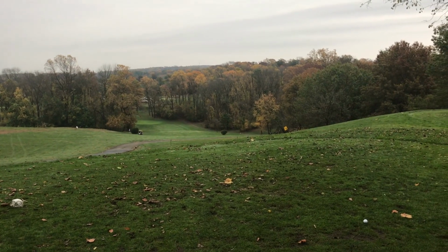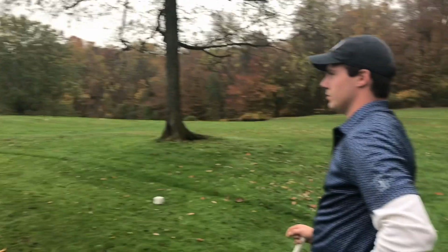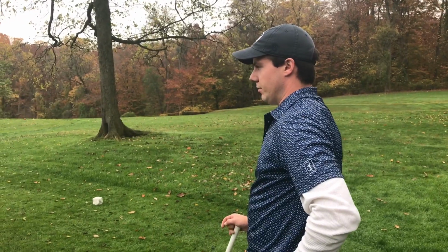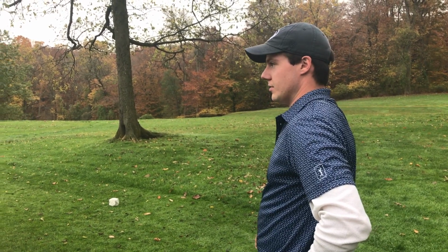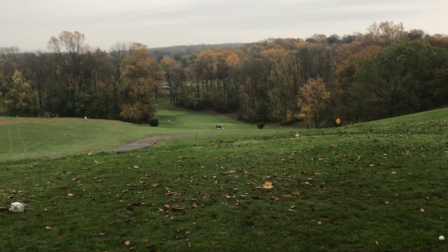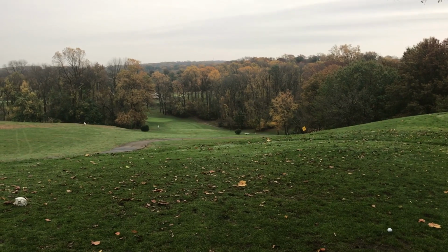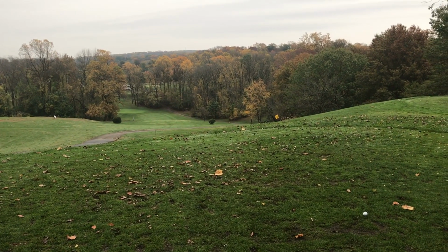Hole 15. There's a little pond down by the left, so taking driver's risky. It's also going to plug on a day like today, where it's really wet. It'll be hard to find, so I'm just going to hit hybrid. Those bushes are 150 yards. You could hit iron there easily, 5 iron. Yeah. It's way downhill. Down to the bottom of the hill. It'll be kind of swampy, but